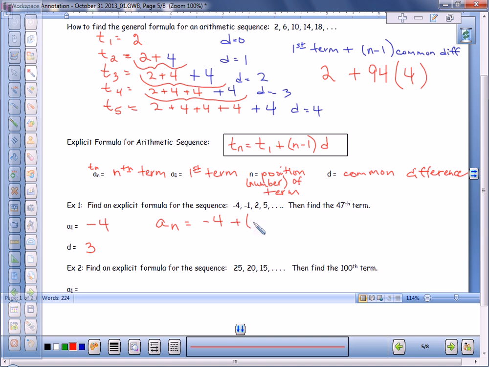And this is quite helpful because to find the 47th term, I do the first term plus 47 minus 1 times 3. That's your answer. And I can actually simplify this. The 47th term is,